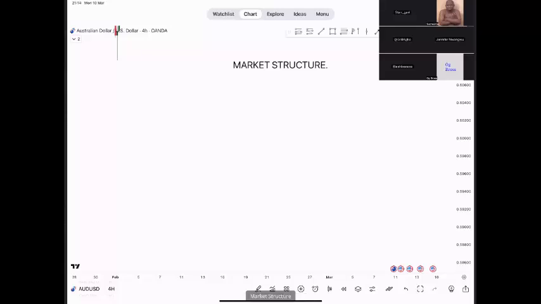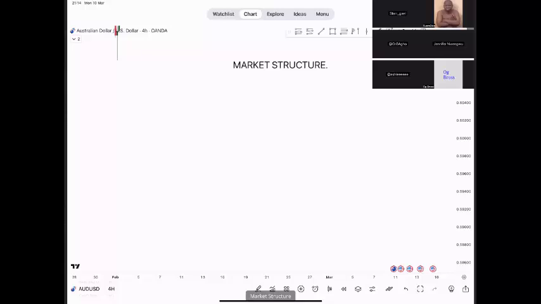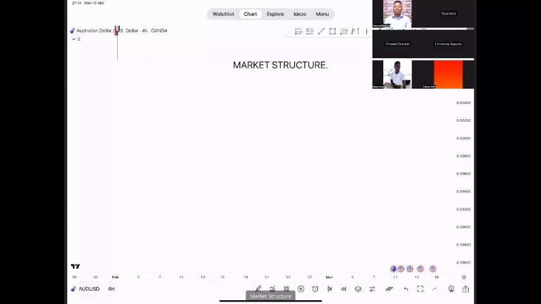We're going to be having an introduction to market structure today, right? So, before I start, it's very, very important that I lay emphasis on this market structure and what you should